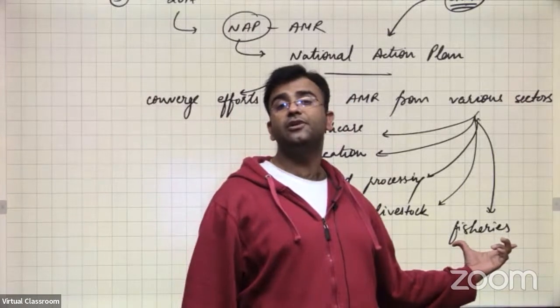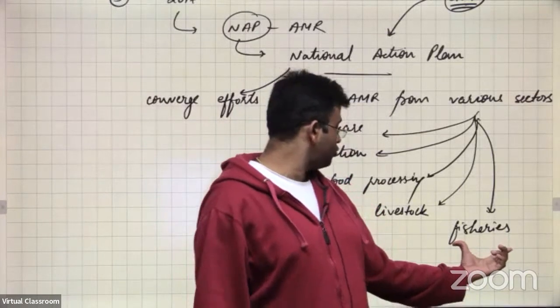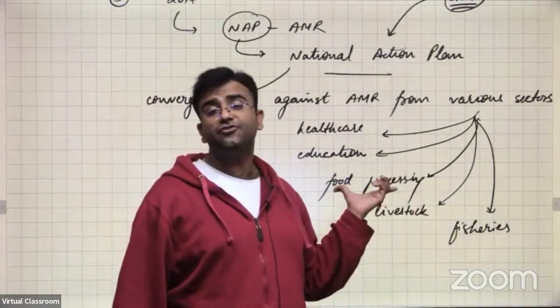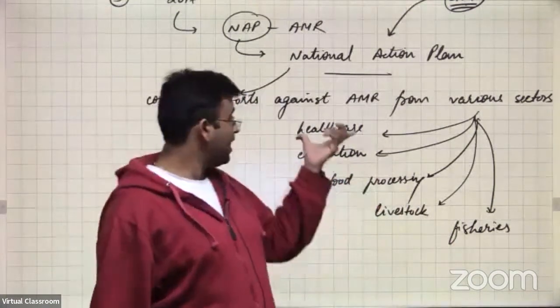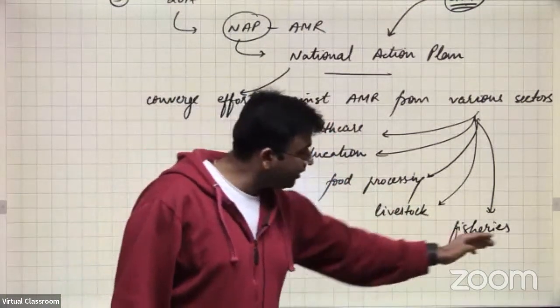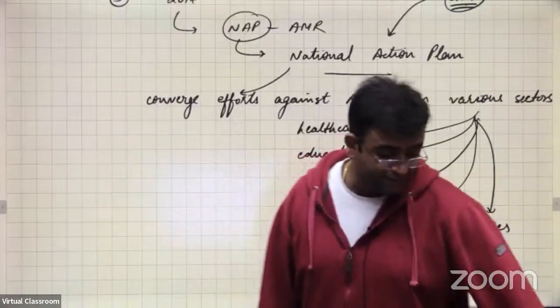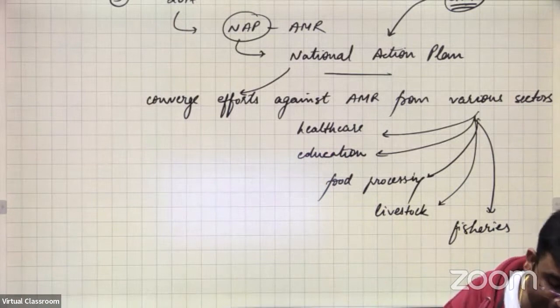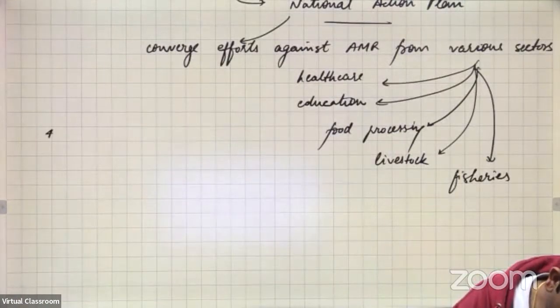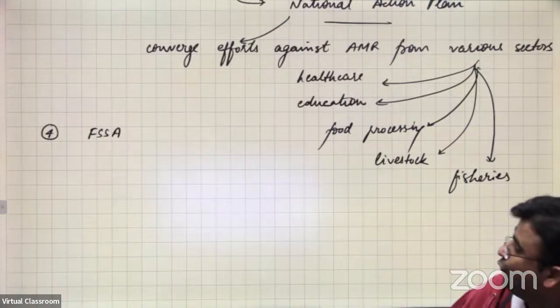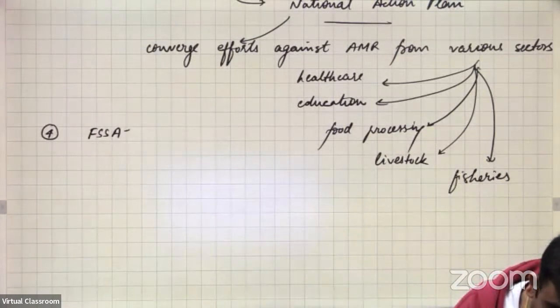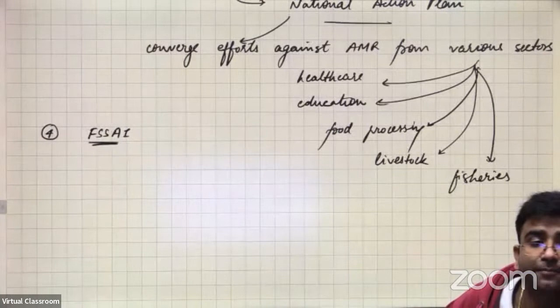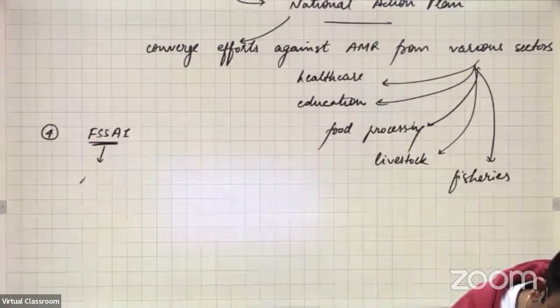That has to be regulated and properly washed. In food processing industries, we are using antibiotics as well as in healthcare. Everywhere there is a use of antibiotics, the National Action Plan is trying to create a coordinated approach to fight antimicrobial resistance. And lastly, the Food Safety and Standards Authority of India, FSSAI, has regulated the use of